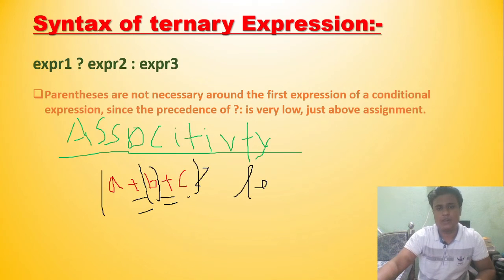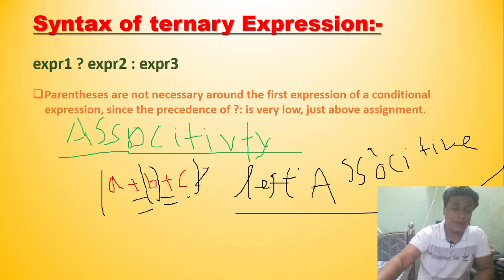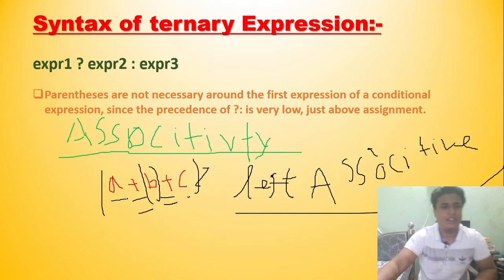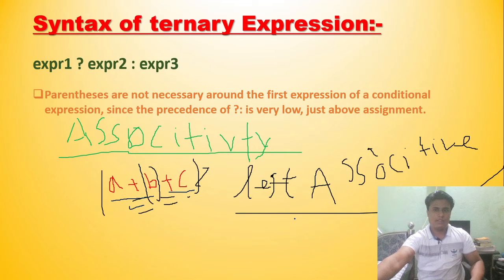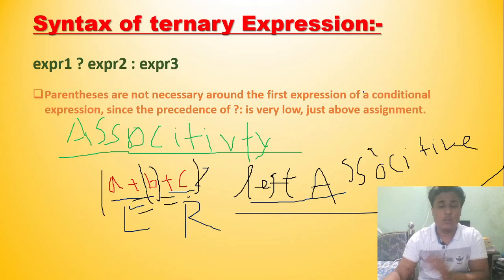So plus is left associative by default, and this is the conventional way to operate it. A plus B is operated first, then the plus C. Left associative means the left-side plus is given more precedence than the right-side plus. Plus is left associative by default, but you can operate in the other way. Hope you get this associativity.